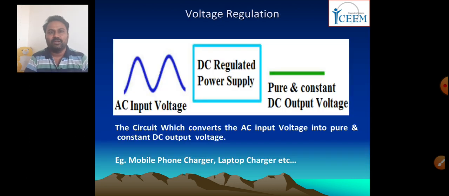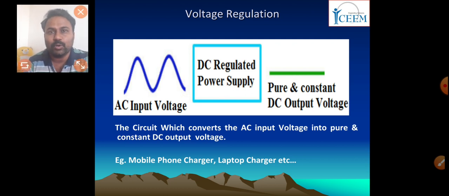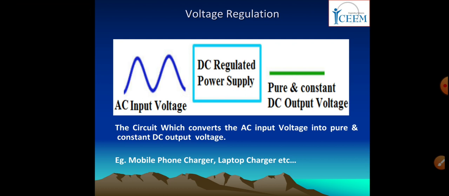So let us see what is voltage regulation. What do you mean by voltage regulation? Okay, as you can see, this is the block of DC regulated power supply in which the AC input voltage is applied from one side and you are getting the pure and constant DC output voltage on the other side. Okay, so you can define it as the circuit which converts the AC input voltage into pure constant DC output voltage. The circuit which converts AC input voltage into pure constant DC output voltage is called a